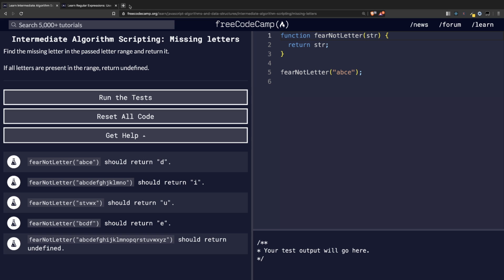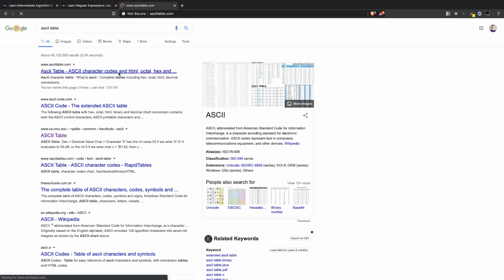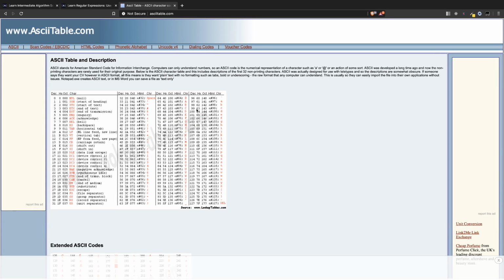For those of you who are not familiar with the ASCII table, basically all of the characters have an ASCII value, and we have A, B, C, A to Z. You can see A has a value of 97. Z has a value of 122. So we can go over